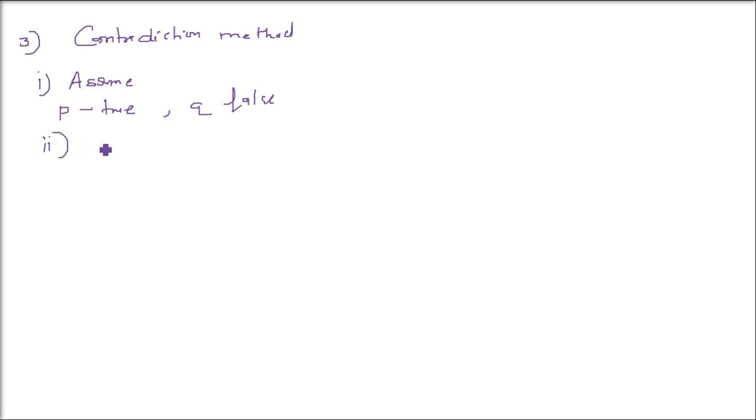We will contradict the first step in this step 2. We will find some error in what we assumed in the first step: P is true and Q is false. So let us assume P is true, so we assume X and Y are odd integers. As I said about the first method, the direct method, this contradiction also will be done by that only. Means the solution we gave is also the solution of this one.